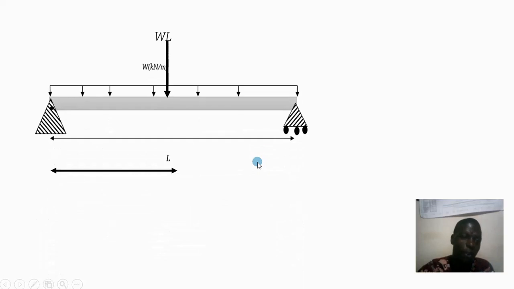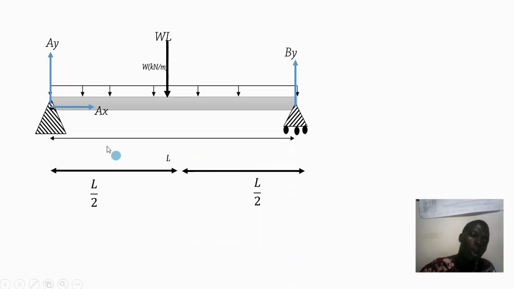Now let us look at the free body diagram of this loading system. We have a pin jointed support here, and therefore it will result into creation of two reactions, that is one in the horizontal axis and another one in the vertical axis. Then at support B, since it is a roller support, it will only have a vertically upward reaction